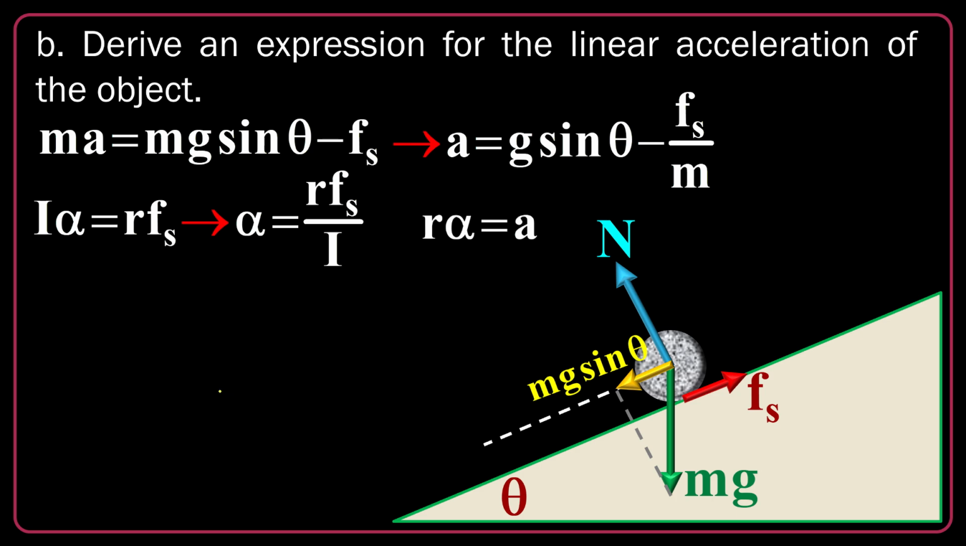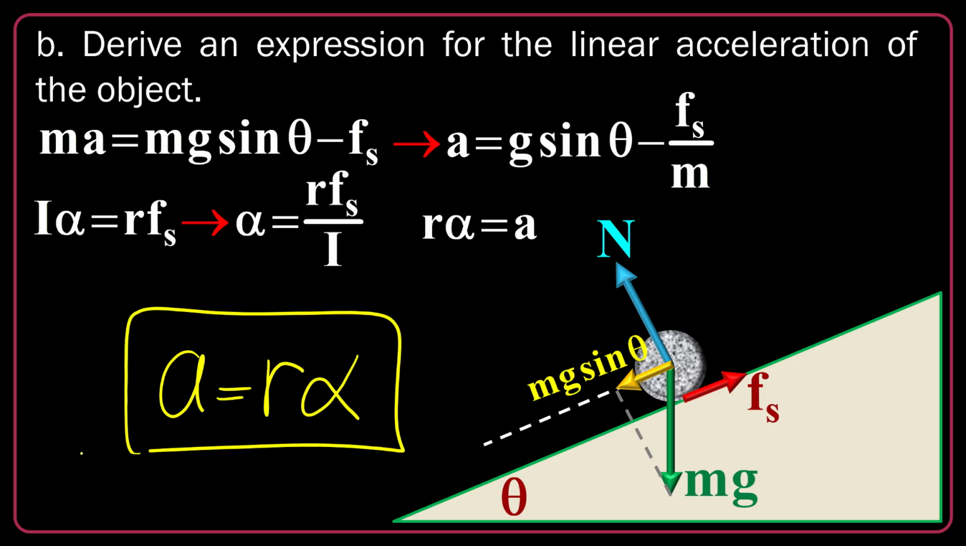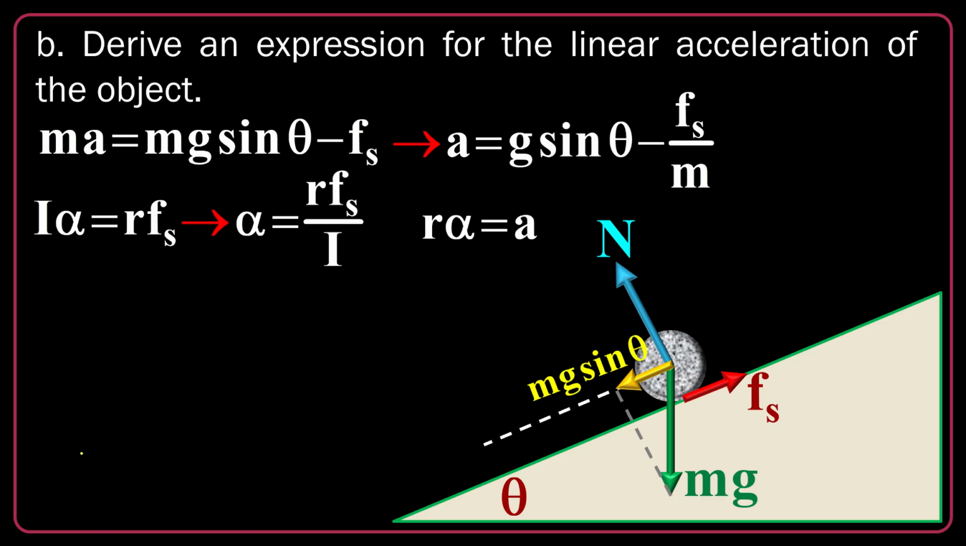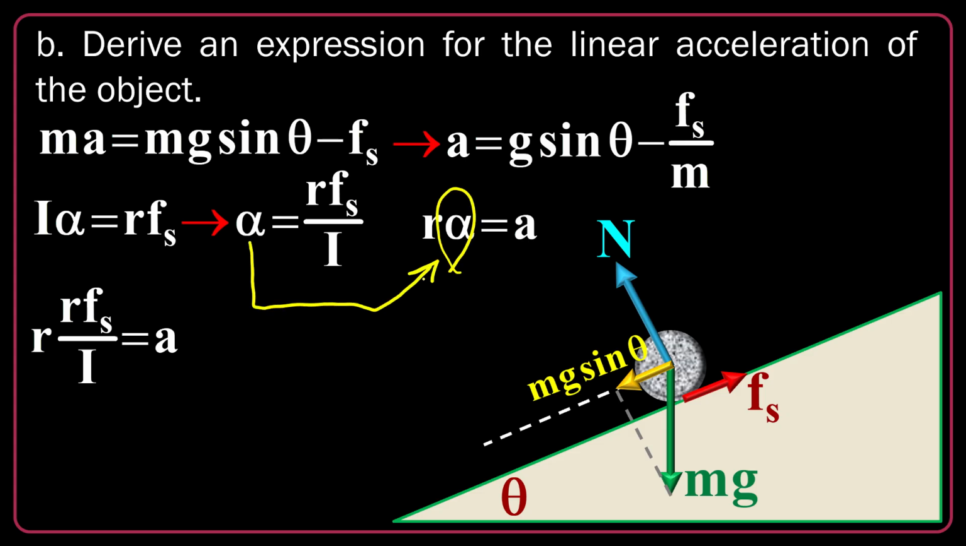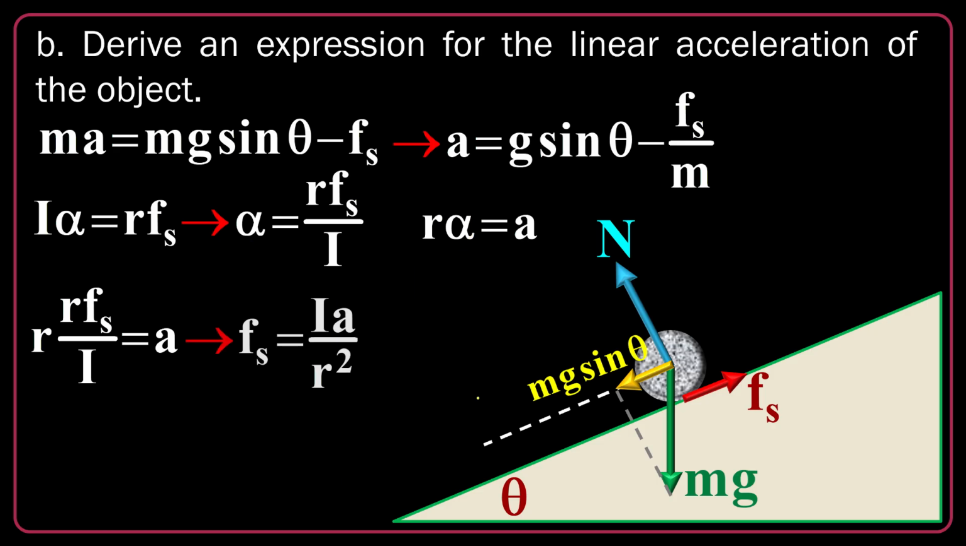Then look at this. You know linear acceleration is always r times angular acceleration, okay? So why not use it here? How? Here, look, r alpha. I can import the alpha and write it as r times r f_s divided by I is equal to acceleration. Then I can purely find f_s based on the given quantities like I and our goal, acceleration, and also the radius